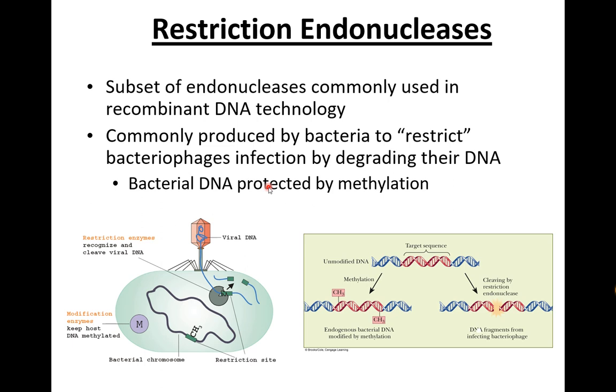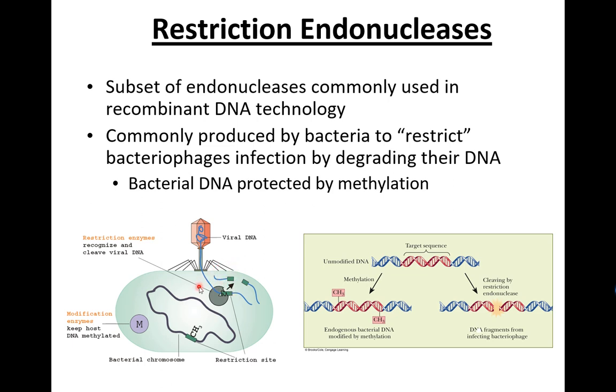These enzymes are actually natural enzymes. They're normally produced by bacteria, and they have some sort of immune system function in bacteria. What they do, and that's where the name restriction endonuclease comes from, is restrict the entrance of bacteria-specific viruses, which are bacteriophages. Once they attach to the bacterial cell wall and cell membrane, they inject their own DNA. So bacteria do produce different types of restriction enzymes that work as endonucleases, and they cut